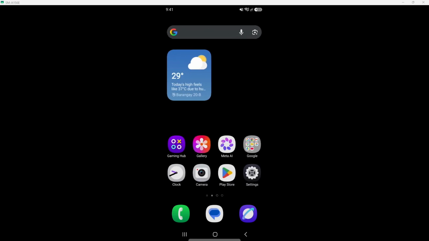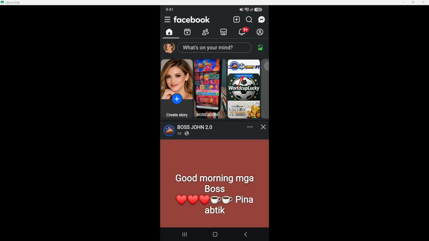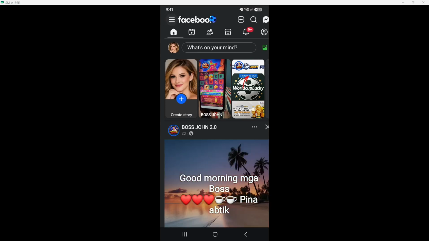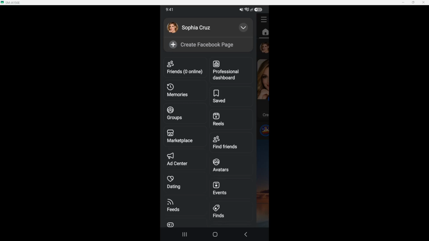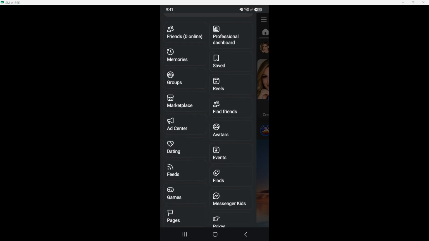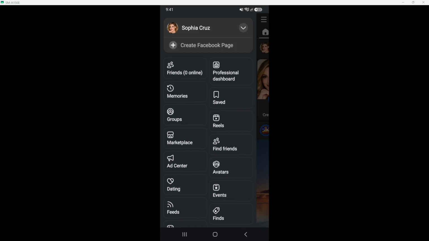Next, tap the menu icon, which looks like three horizontal lines or a grid, depending on your version. You can find this icon in the bottom right corner on iPhones or the top right corner on Android devices. This menu is the gateway to many features on Facebook. It is where you can access different sections of the app, from your profile to groups you are part of. Tapping this icon will display a list of options. This will help you navigate smoothly to the dating section.